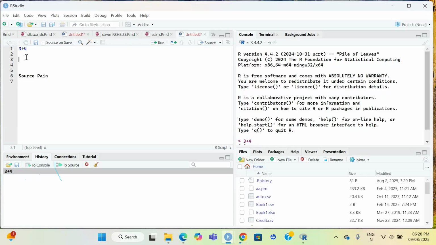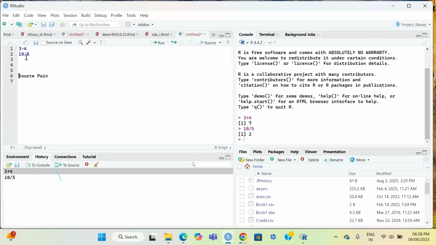so that we can store all the codes together. So 3 plus 4 is equal to 7. See, we have 10 divided by 5, which is equal to 2. So see here we have 2, and then